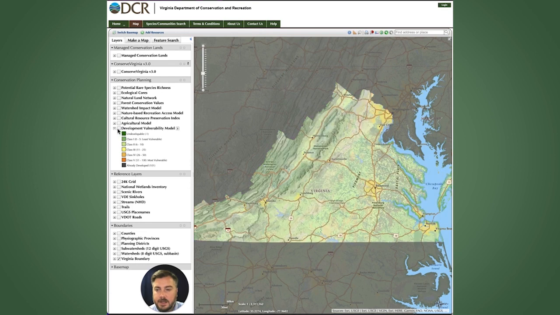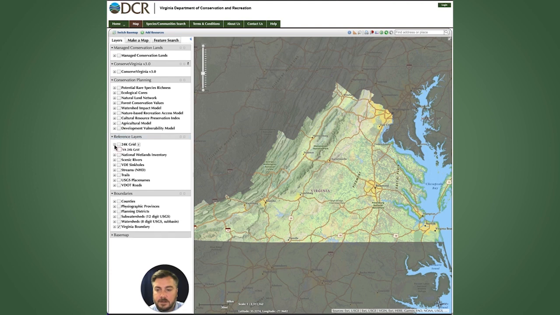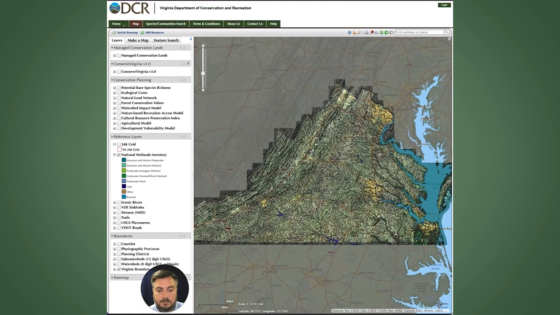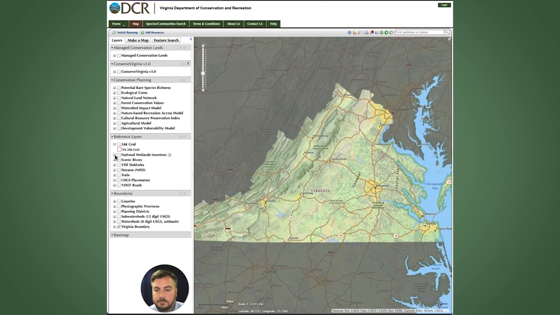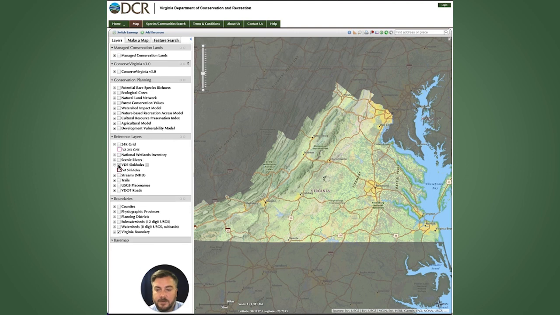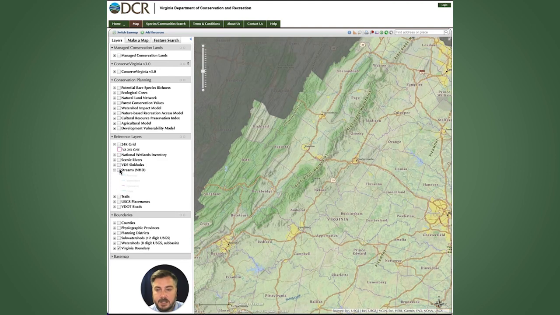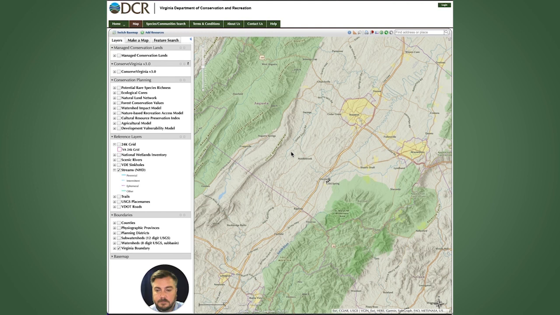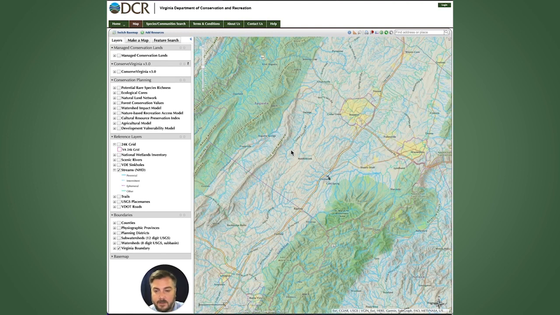Below our conservation planning layers, we have some reference layers, including the 24K grid, the National Wetlands Inventory, a scenic rivers layer with designated potential and qualified, a Virginia Department of Energy sinkholes layer, an NHD streams layer, showing perennial, intermittent, ephemeral, and other,